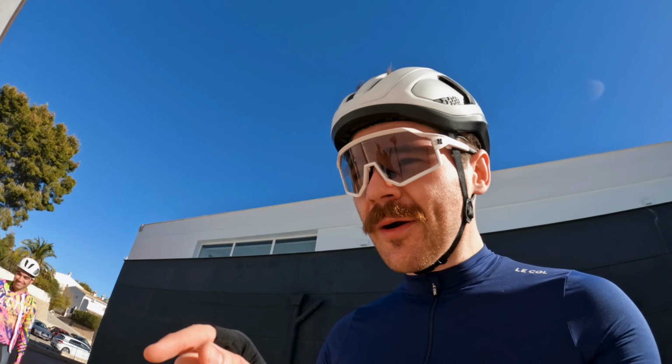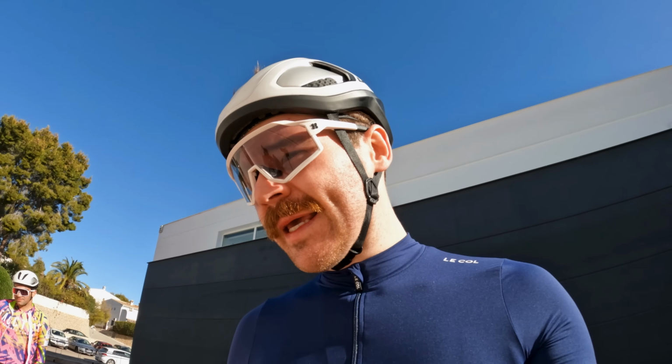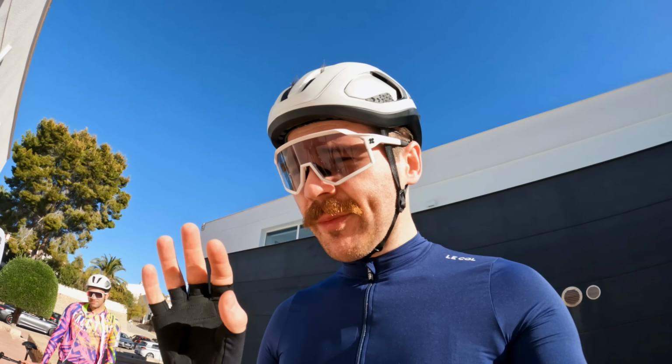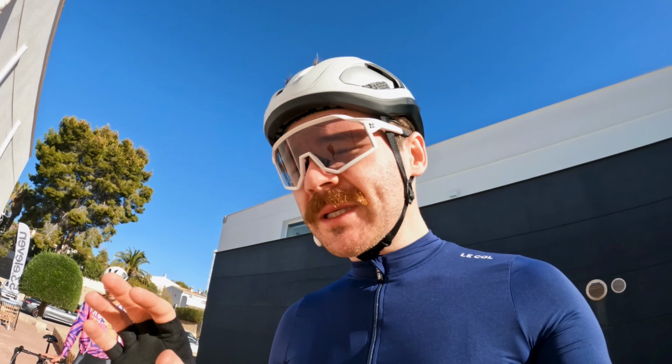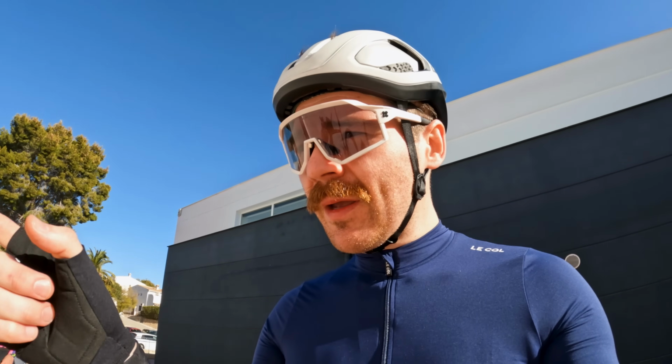Now this is an Argon 18 Krypton Pro. The difference between the Pro and the non-Pro is basically the Pro is a slightly lighter frame set. Effectively, I don't know for a fact, but I think it's due to there being less paint on this one than the non-Pro ones. It is a size medium, which if I was to look at the geometry comparison, comes up slightly larger than say the Cervelo Caledonia, but really in terms of fit, the medium works for me. I'm riding an inline seat post, 120 stem,